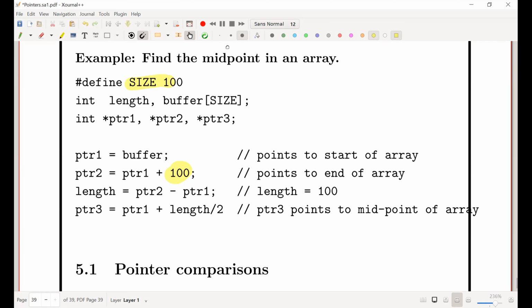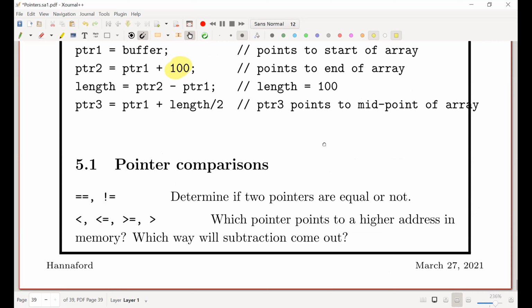Okay, thanks. So pointer comparisons. So you can use equals and